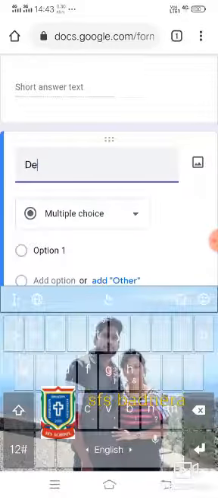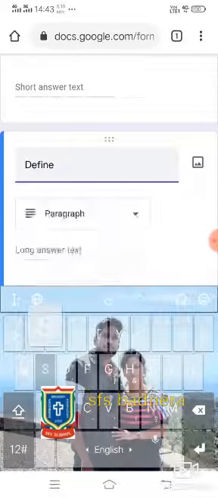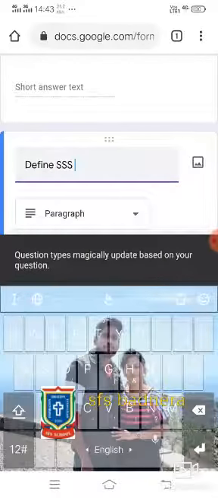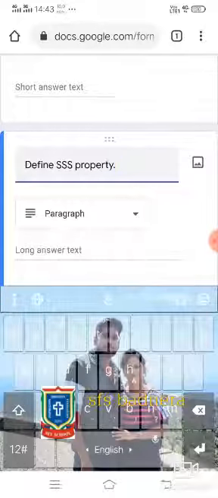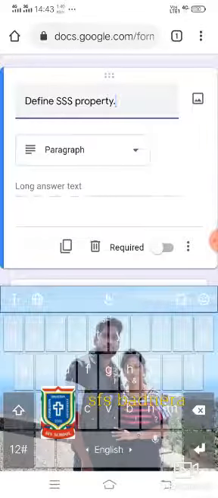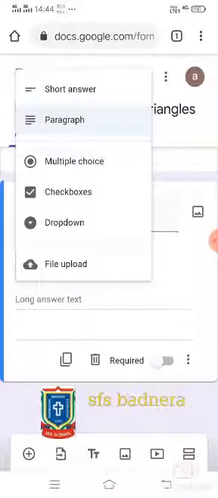Say, define SSS property. Okay, SSS property. And again, you have the option to change from paragraph to multiple choice or short answer,